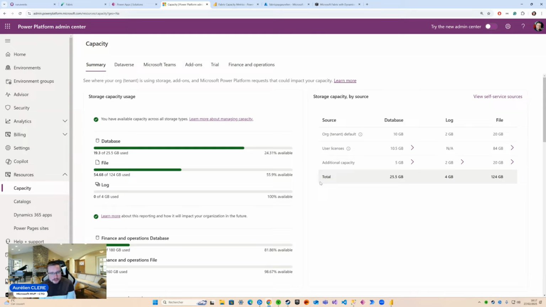This one is maybe not the perfect option, because from what I know, you have two options when you want to buy a subscription. As of now, in Microsoft Word, you have the CSP, Cloud Solution Provider. This one is quite good because you can have a monthly engagement. So you can say, okay, just for this month I want an F64 capacity, and maybe next month I want an F16. So you can reduce it and buy month per month,